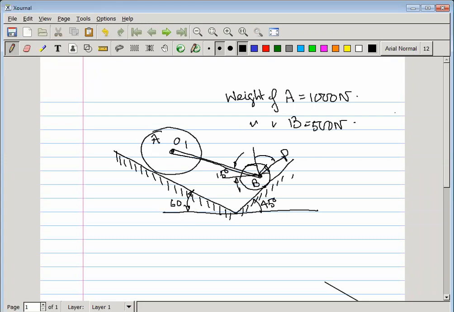This is at an angle with vertical given as 60 degree, so you have to find out what is the value of P so that this larger cylinder does not move downward, or this system is in equilibrium. In other words, to maintain the system in equilibrium, find out the amount of force required to act at the center O2 of this small cylinder.